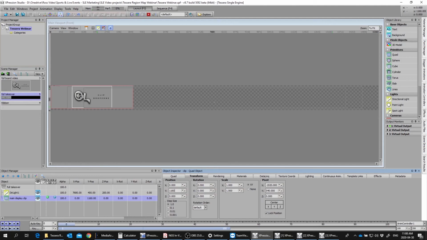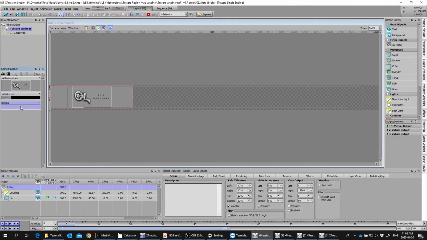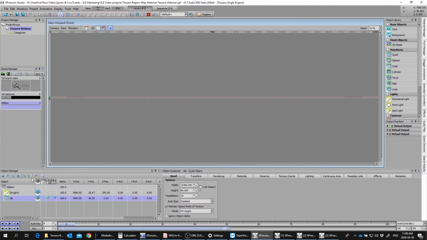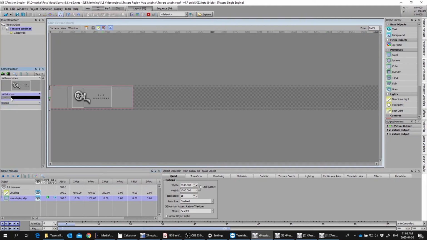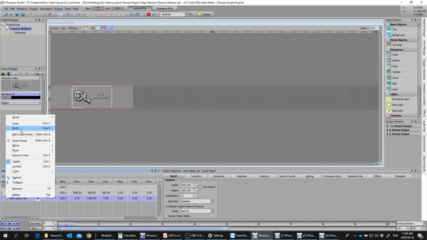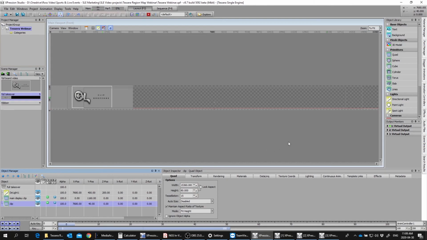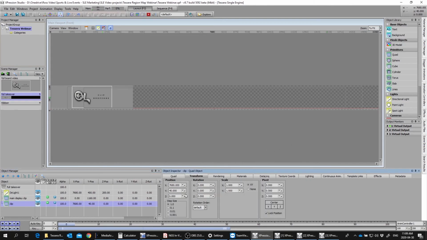Okay, done. Now I'm going to go to my ribbon scene. I'm going to grab the quad that I created there, clip. I'm going to copy it, go to my full takeover scene, paste it, and there it is. Now it positioned itself exactly in the right spot because it copied its coordinates over from the other scene, which would have been 40 on the y-axis, which just happens to align with 40 here. So it actually worked out perfectly.